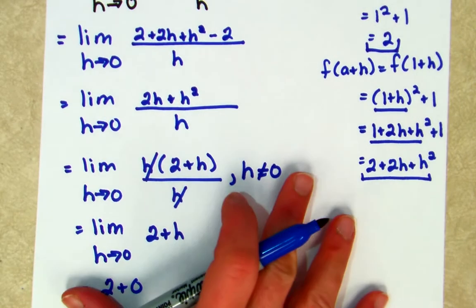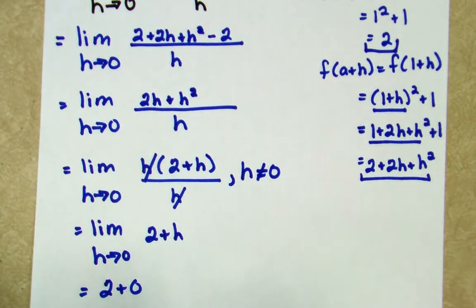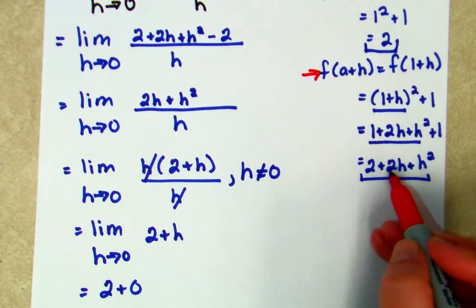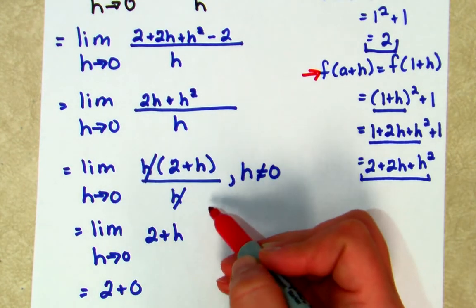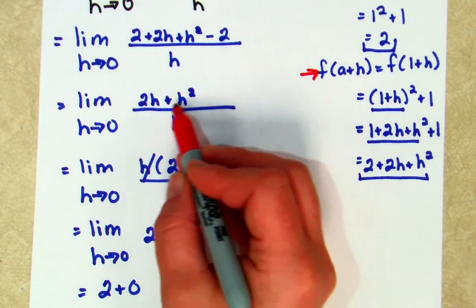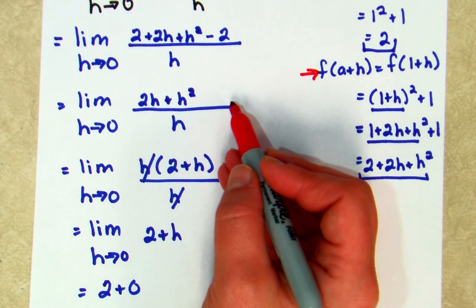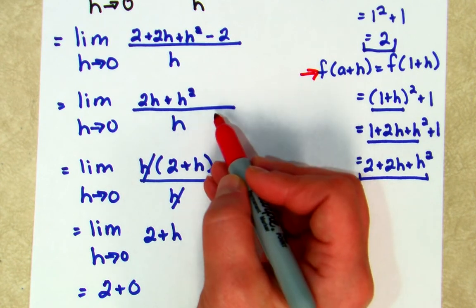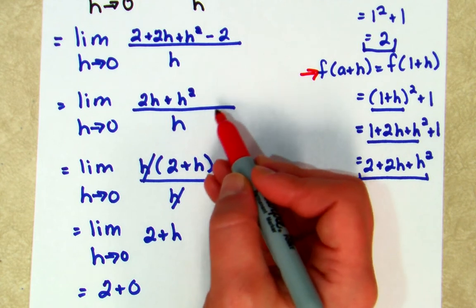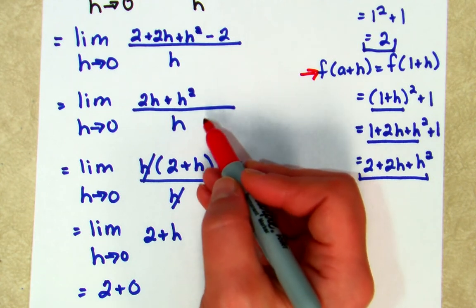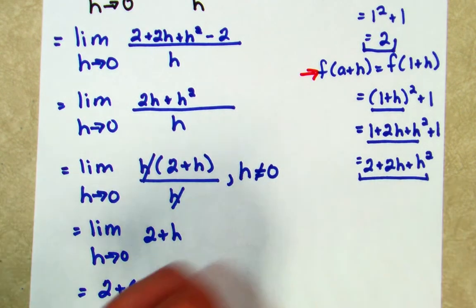Now, I'm not going to do any more examples because we've already gone over all the strategies. What's really important is that you remember to do this and find your f at a plus h and simplify it, carry it in, and then you're going to choose a strategy based on what you're left with. In this case, we chose factoring because that's what we needed to do. You may need to rationalize if there's a square root involved. You might have to use one-sided limits if there is an absolute value involved. And if you have some really funky exponents like 1/3 or 1/4, you may have to use change of variable. So you're going to pull together all of the strategies we already